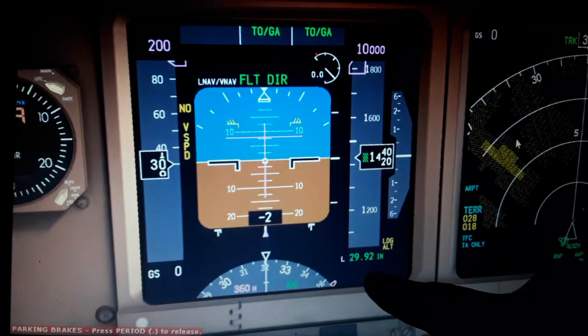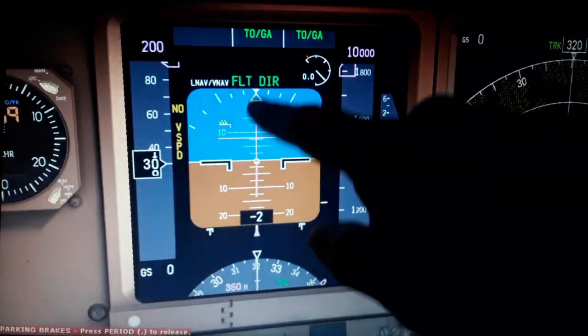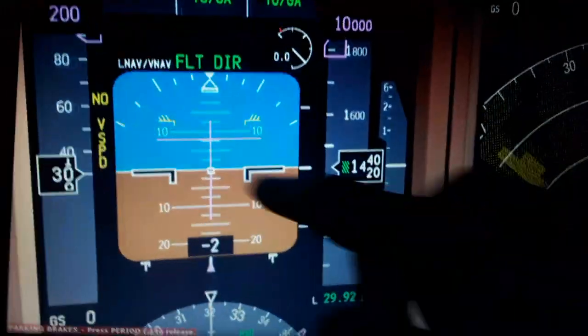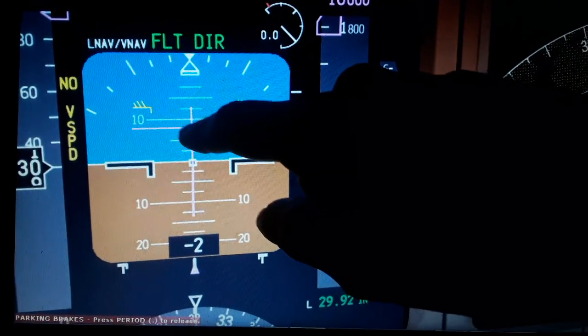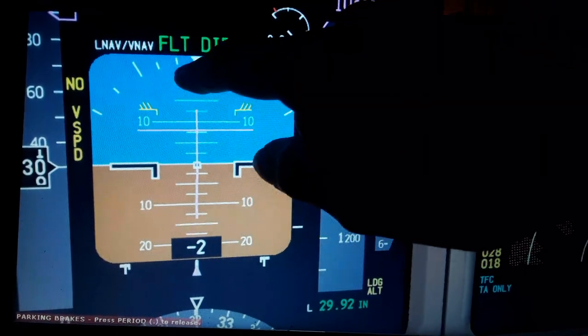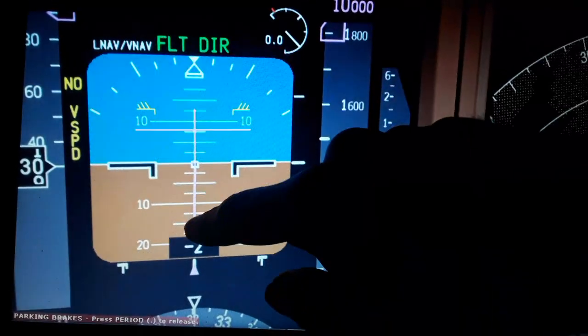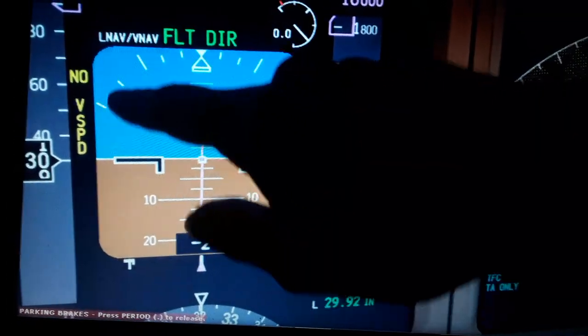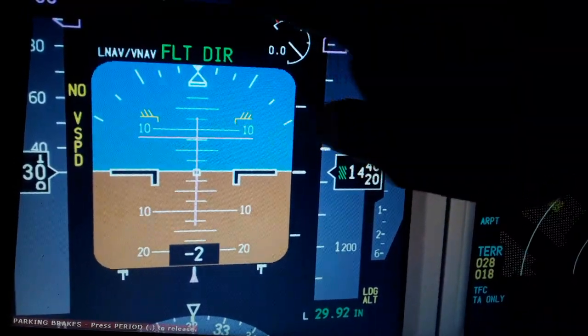We have the barometric pressure here, 29.92 inches of mercury. The pitch ladder in degrees. Here you can see 2.5 degrees tick marks for climb or descent, 2.5, 5, 7.5, 10, 12.5, 15, 17.5 and 20, plus or minus. You can see also the bank angle, the flight director, the angle of attack of the aircraft, and the go